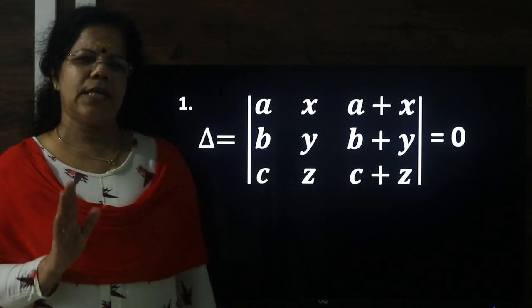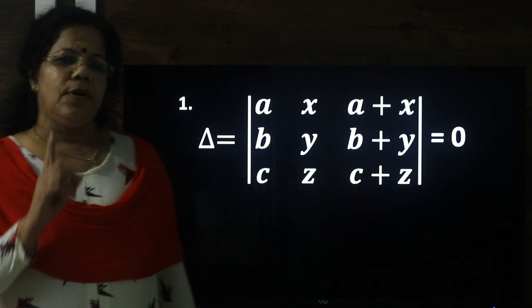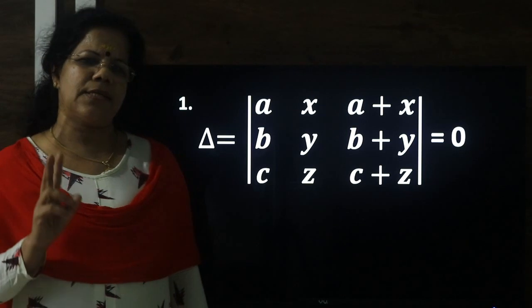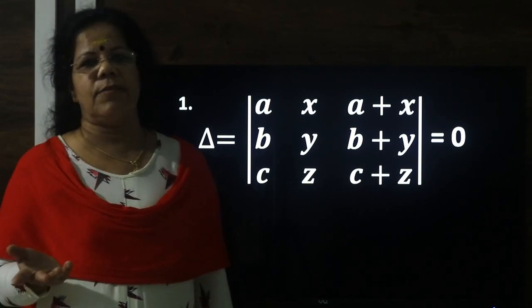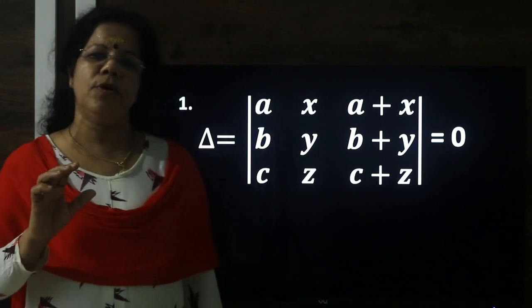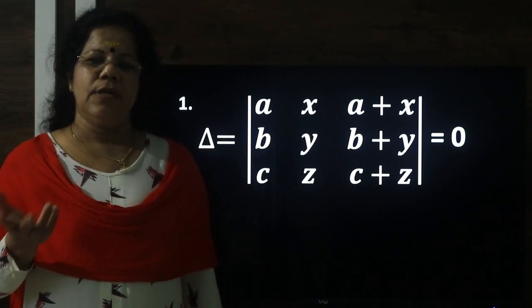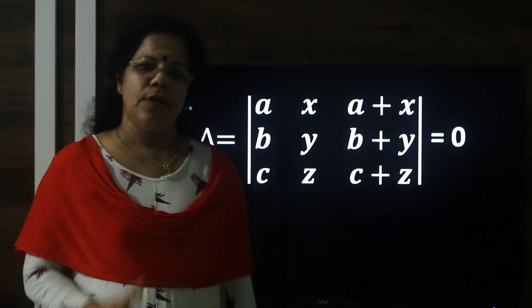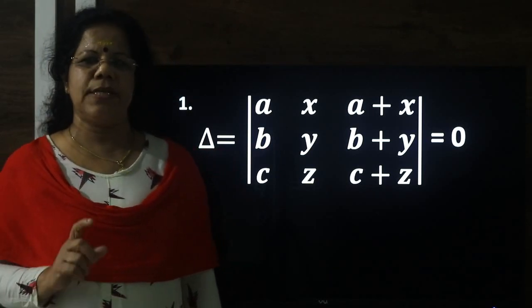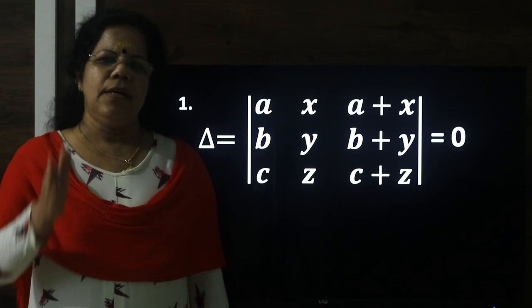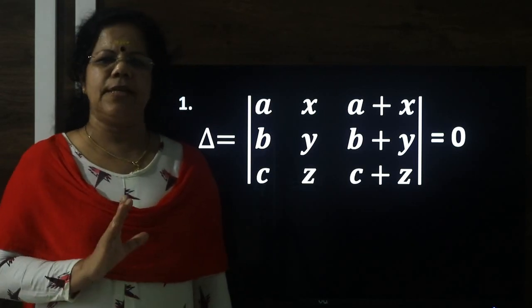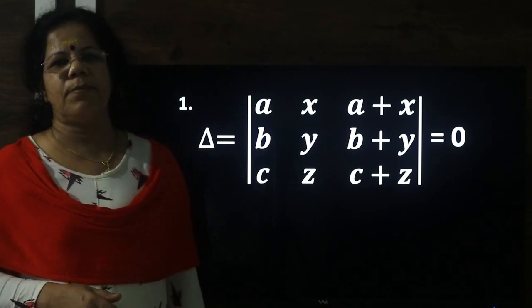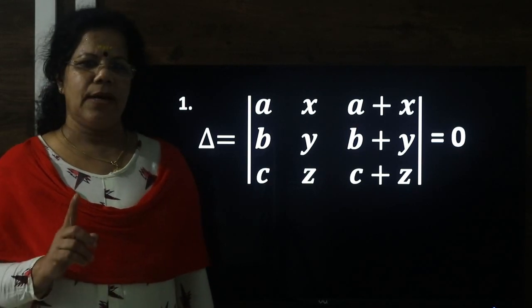Okay. Now here, you might have got already the answer, I am sure. Here, the third column is expressed as a sum of two elements. According to one property, if any row or column is expressed as the sum of two or more elements, then the determinant can be expressed as the sum of two or more determinants. So here very clearly, the third column is expressed as the sum of two elements, A plus X, B plus Y, C plus Z. So we are going to split it as A, B, C along with one determinant delta 1 and X, Y, Z along with another determinant. That means delta is equal to delta 1 plus delta 2.